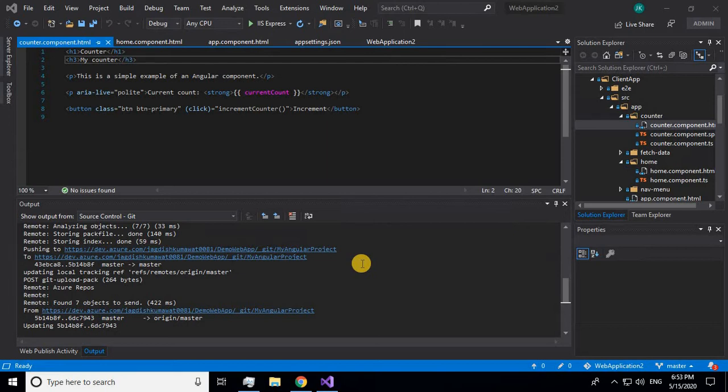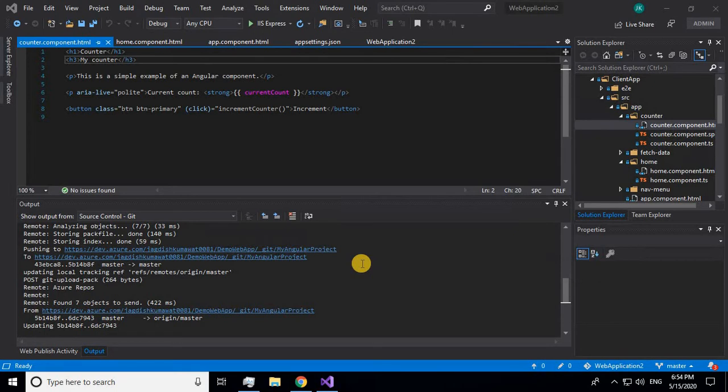In the last video we had used Azure DevOps to keep our code in the repository. Using Azure DevOps, we'll be creating a pipeline that will be used to send our code to the